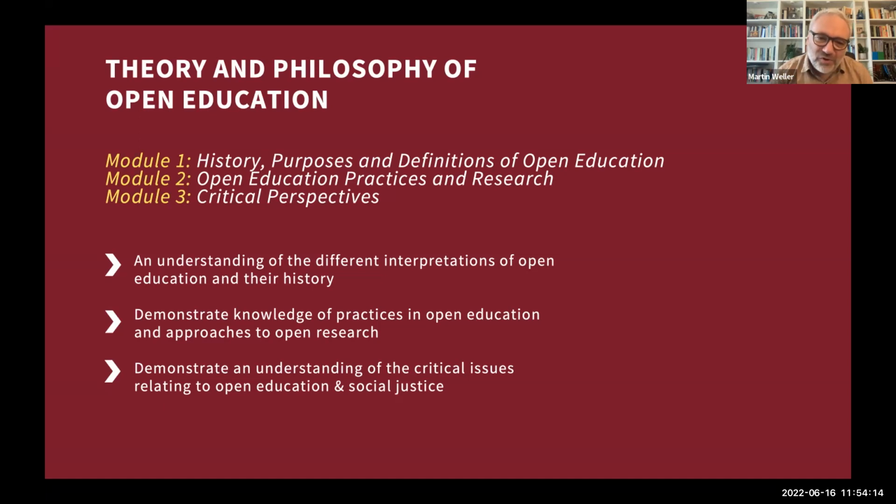And demonstrate an understanding of the critical issues relating to open education and social justice. And Rajiv talked about this, it's about having a critical perspective. That doesn't mean we're critical of open education, but also just not being straightforward cheerleaders and evangelists for it. It's about understanding and evaluating the claims that are made around open education, when it's useful, what some of the issues are, and those kinds of things. And particularly there's been a real move in recent years to ally open education to issues of social justice as well. And I think that's picked up in some of the later modules as well. So we introduced that here.